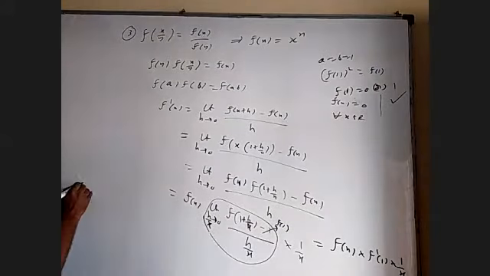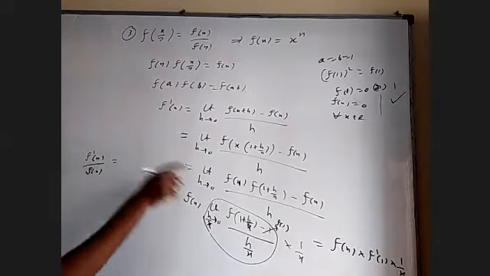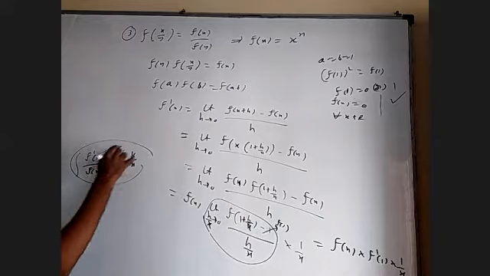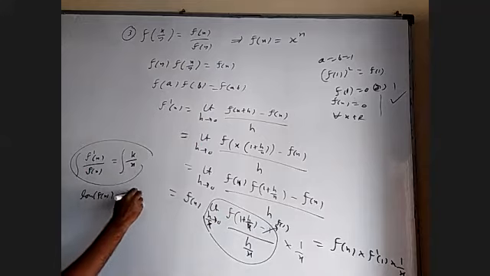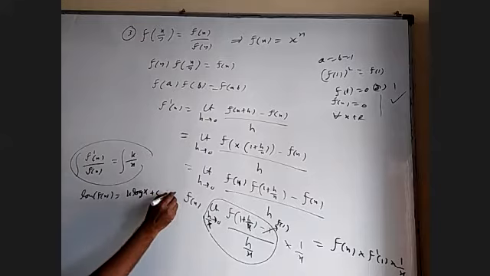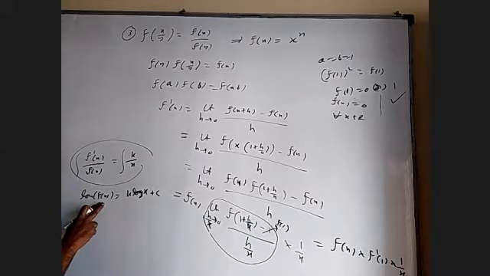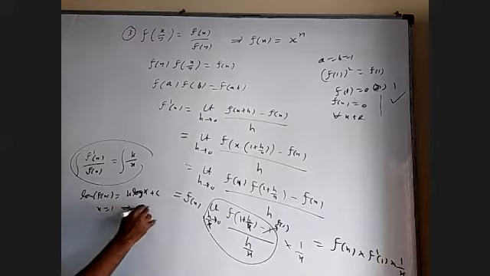Bring that f of x down. I'll be getting f dash x by f of x equal to f dash 1, which I'll call some k by x. When I integrate on both sides with respect to dx, of course, here it is log f of x, and this is equal to k log x, plus some c. Of course, c will be 0 because f of 1 is 1 and log 1 is 0. So when you put x equal to 1, you'll understand c is 0.